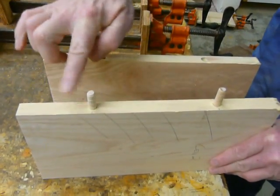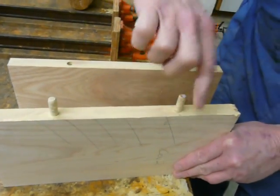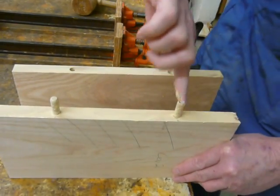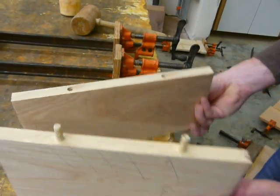And then I want to make sure that I've got a little bit of glue around the surface of this dowel, or this end of the dowel as well. And the same thing over here. So I like to get glue in the dowel hole and on the dowel, and on the surfaces that are being glued together. All right, now we're ready to put them together, but one thing to be aware of,